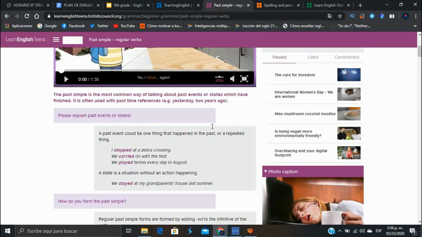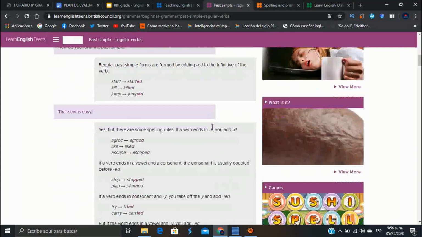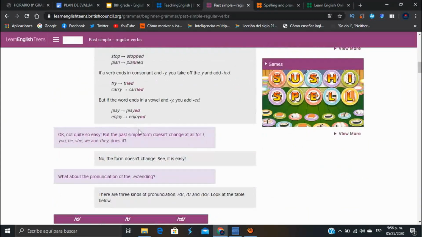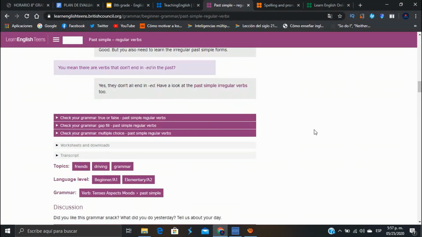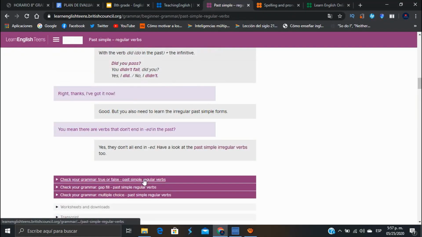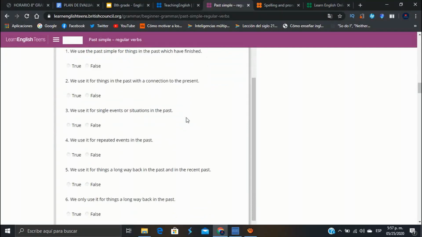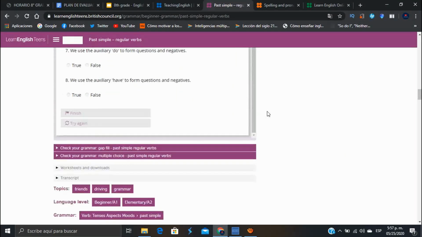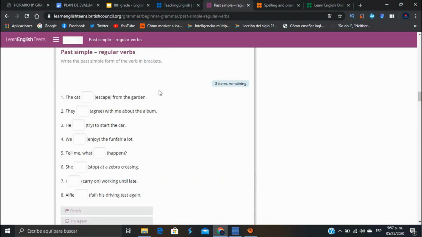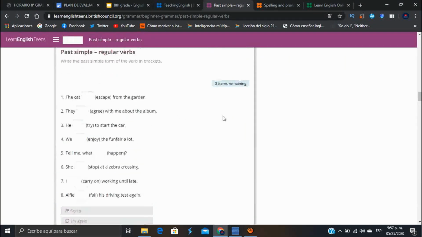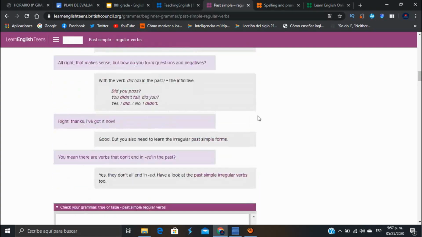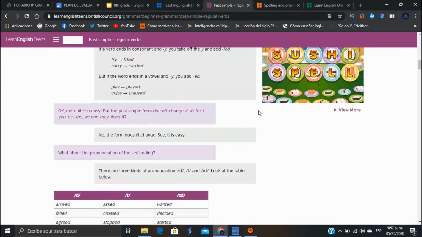All right, so this is what you do with this website. You can use it as a board, as an explanation. You make them write, and not only that, when you finish all this explanation, you can do, of course, some exercises. Okay? True, false, matching, comparing, and everything. Okay, and check your grammar. You have to write the answer here. You can make them do whatever you feel is necessary for your students to learn it.